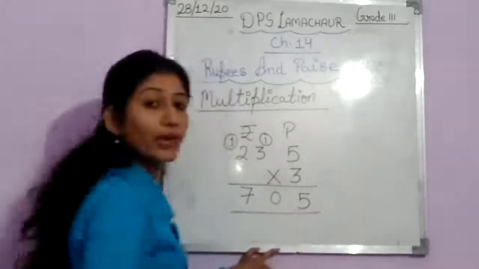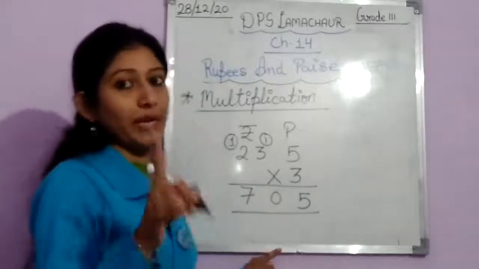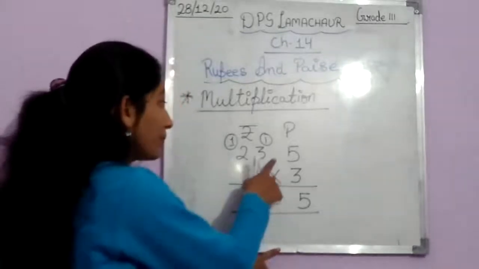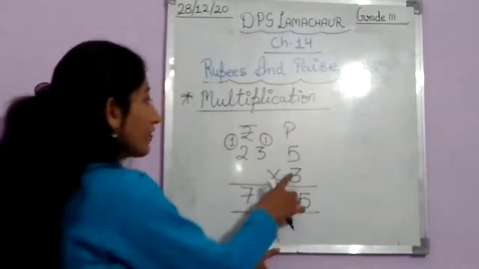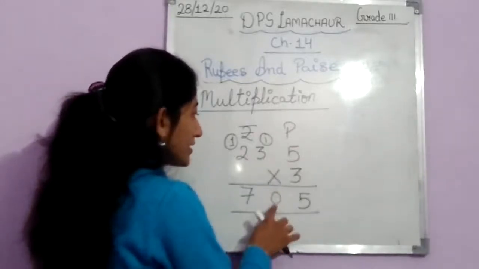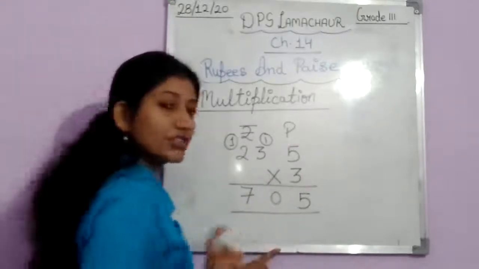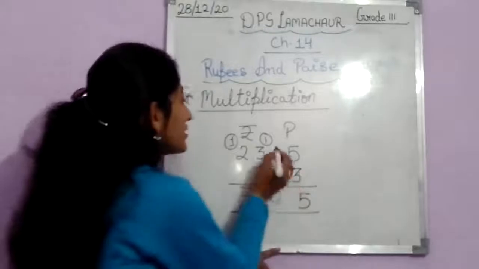What did I tell you first for multiplication? That we have to only multiply in the first step. In the first step we don't have to think about the decimal point. We have to just simply multiply. So, 3 5s are 15, 5 and 1, 3 3s are 9 and 1 is 10, 0 and 1, 3 2s are 6 and 1 is 7. Simple multiplication is over. Now we have to focus on where the point, the decimal, goes.